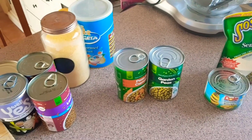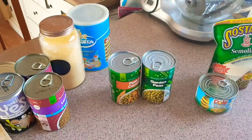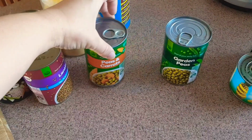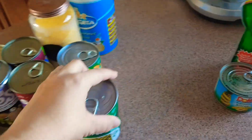You can fry some sausage on the side and add a few slices to it and just serve that. And it could be soupy or it could be a little bit more thick. It's totally up to you. So that's something very basic, but yeah, it'll get you through another dinner day. Okay,